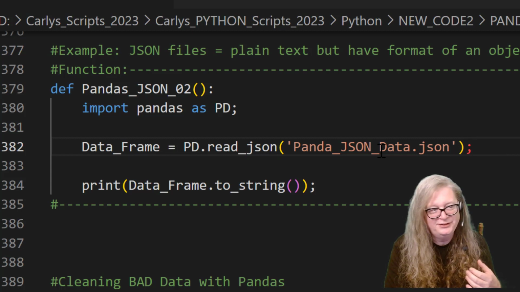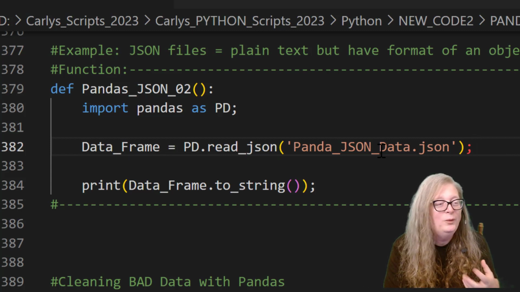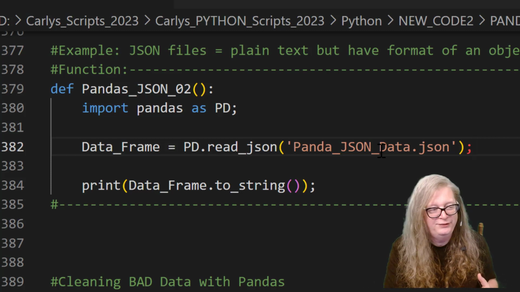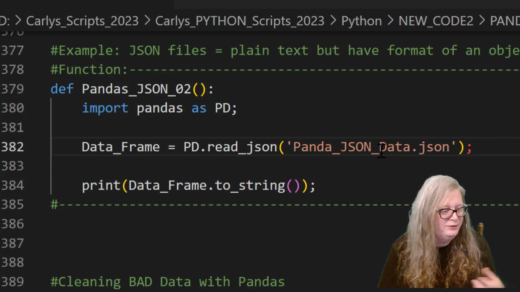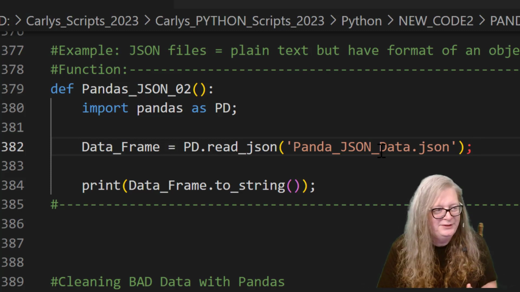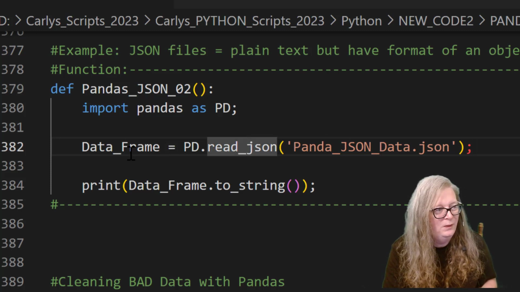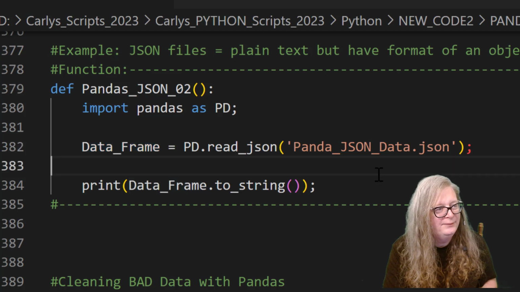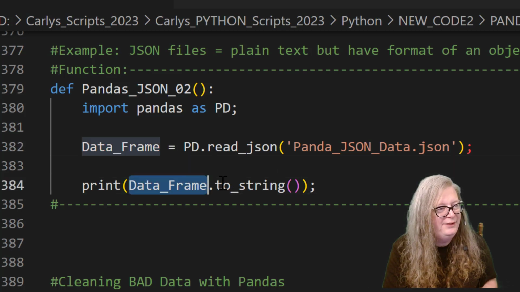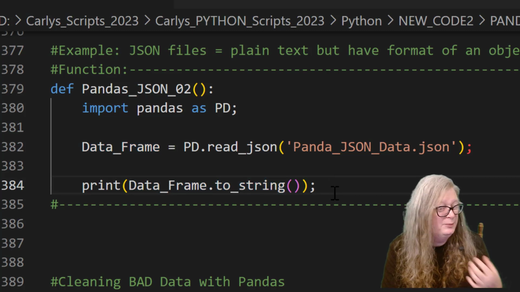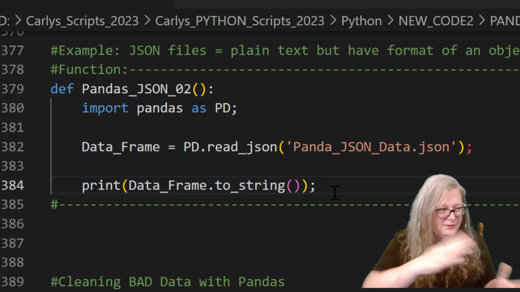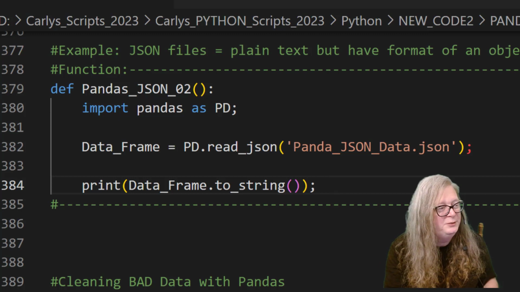A JSON file is just a great way to create an external configuration file. It's used in several different programming languages, lots of applications there. But look, we're going to read the JSON file and store it in our data frame. Then data frame to string, we have to parse it. Again, we have to typecast it to a different data type, to a string,